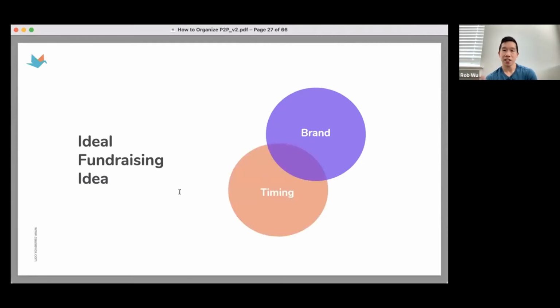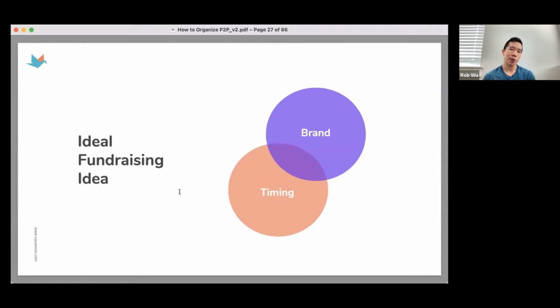Next thing is you want to figure out the timing. For example, when I talked to one of our customers, Carousel Ranch, they always run a peer-to-peer initiative in February. And when I asked them the reason why, the primary reason is because nobody fundraises in February. Everybody's all tired from December doing year end, that fundraisers just need like a 3-month break before they actually do some fundraising. So what they've done is, since there's a gap in the communications of other organizations, they take advantage of this blue ocean strategy, where they're actually doing their peer-to-peer campaign in February, since no other nonprofit is doing that.